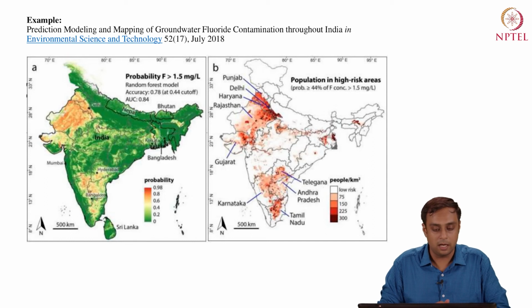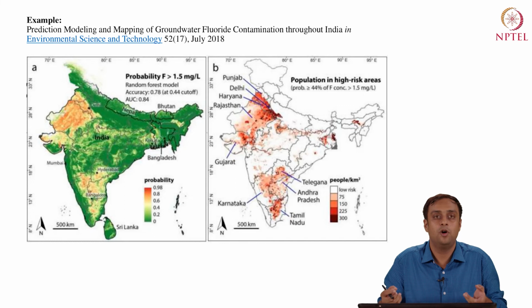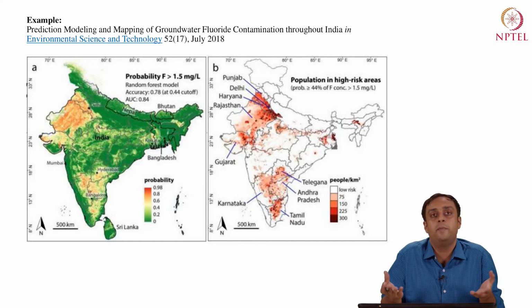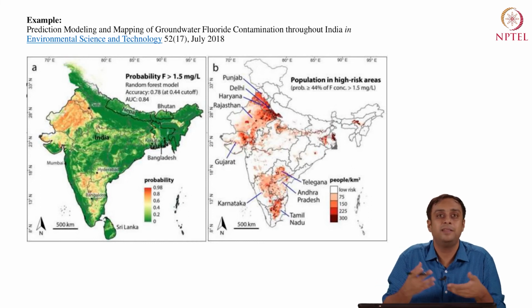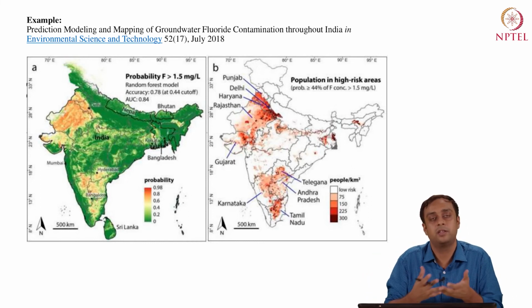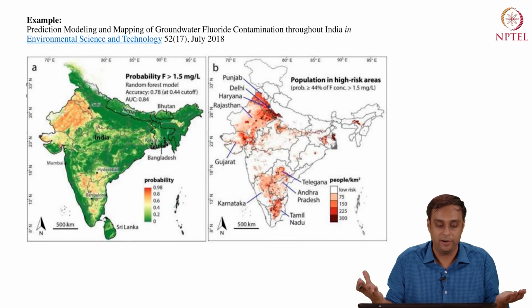Here are some examples of geostatistical data. One of the most prominent examples is groundwater. Here is an example of groundwater quality, that is fluoride contamination. The idea is that you will have groundwater everywhere. The question is, where can you really observe it? Wherever you dig a well, you'll be able to observe what's happening there in terms of quantity and quality. But that doesn't mean that wherever I have not dug, there is no groundwater. The groundwater is available as a continuum over the entire domain D of interest.